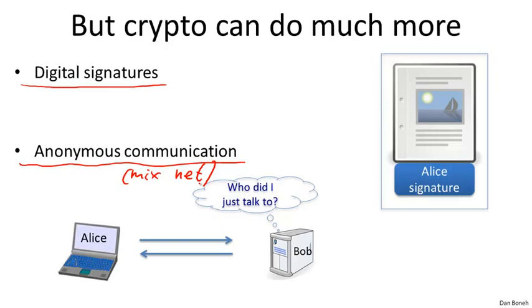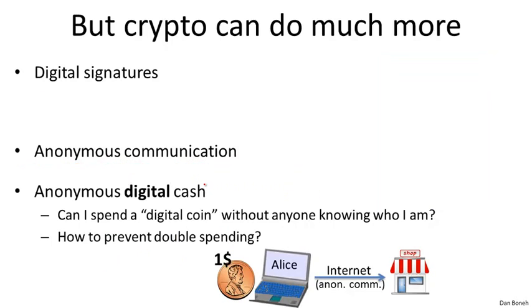One interesting thing about this anonymous communication channel is it's bidirectional. In other words, even though Bob has no idea who it's talking to, he can still respond to Alice, and Alice will get those messages. Once we have anonymous communication, we can build other privacy mechanisms. And I want to give you one example, which is called anonymous digital cash. Remember that in the physical world, if I have a physical dollar, I can walk into a bookstore and buy a book, and the merchant would have no idea who I am. The question is whether we can do the exact same thing in the digital world. In the digital world, basically, Alice might have a digital dollar coin, and she might want to spend that digital dollar at some online merchant, perhaps some online bookstore.